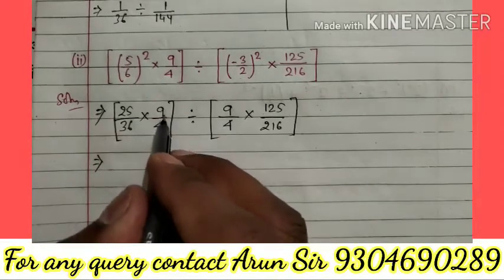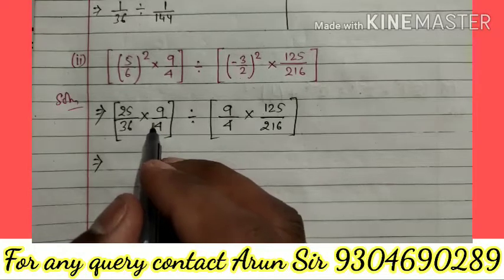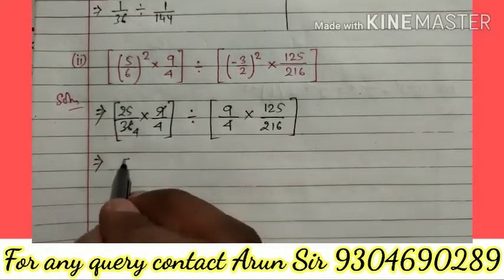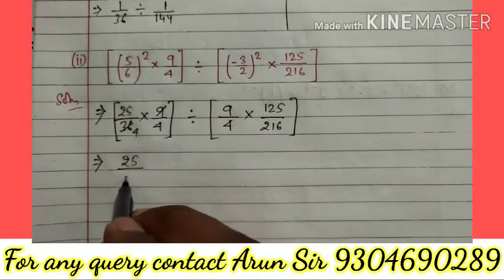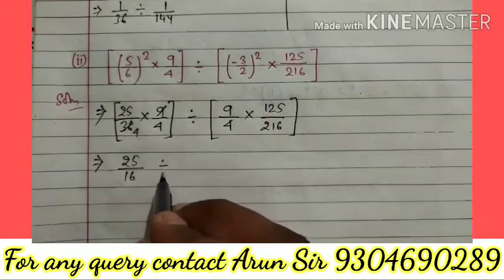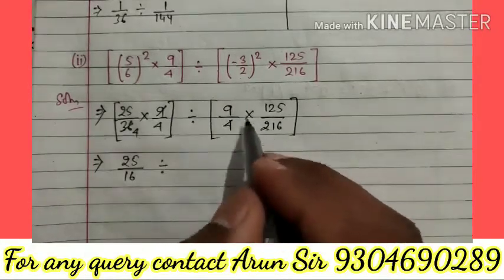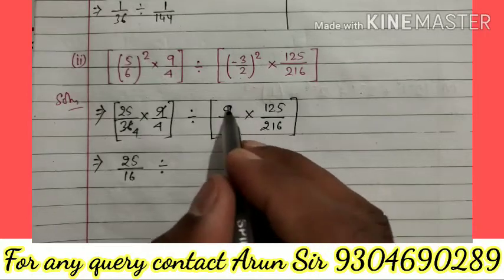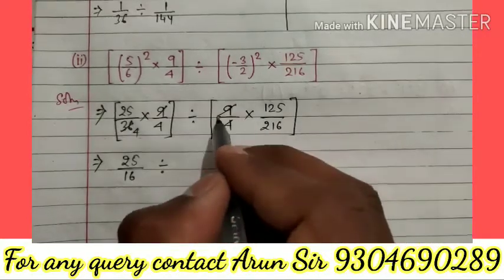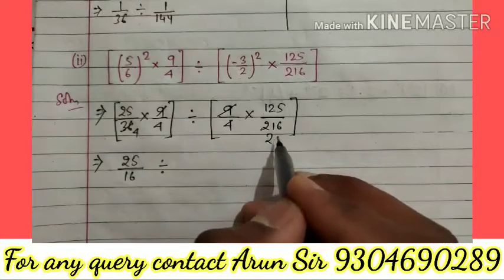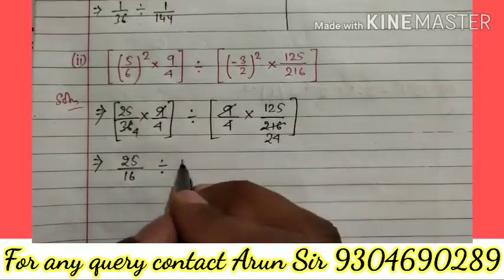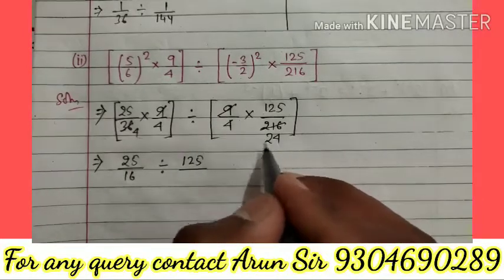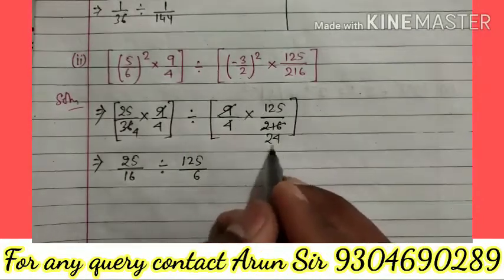Now in the next step we will solve the term given inside the bracket. Let's check whether any number is going to be reduced or not. Here we can see that 9 1 is 9, 9 4 is 36. It will be 25 by 4 4 is 16, divided by, here also we will check whether any number is going to be reduced or not. Here we can see that these two terms are going to be reduced. 9 1 is 9, 9 2 is 18, 9 4 is 36. Here it is 125 by 4, 4 into 24, 4 4 is 16, carry 1, 4 2 is 8, 1 is 9.